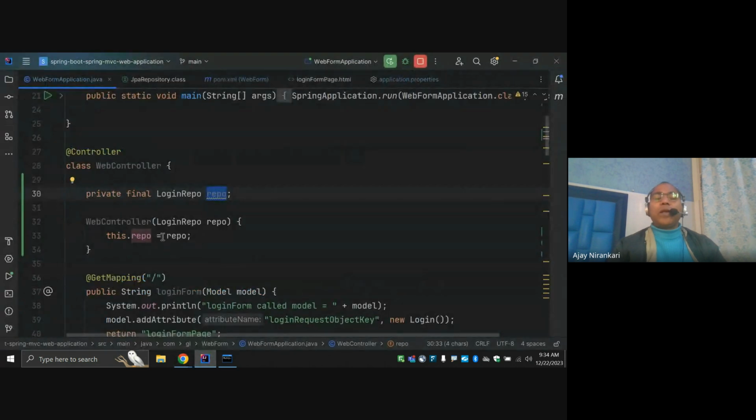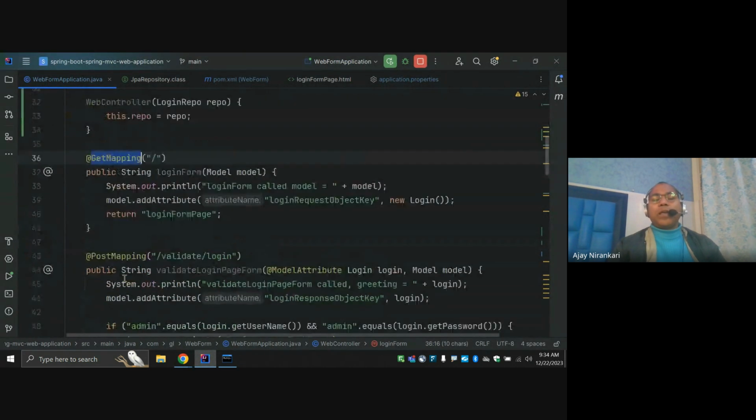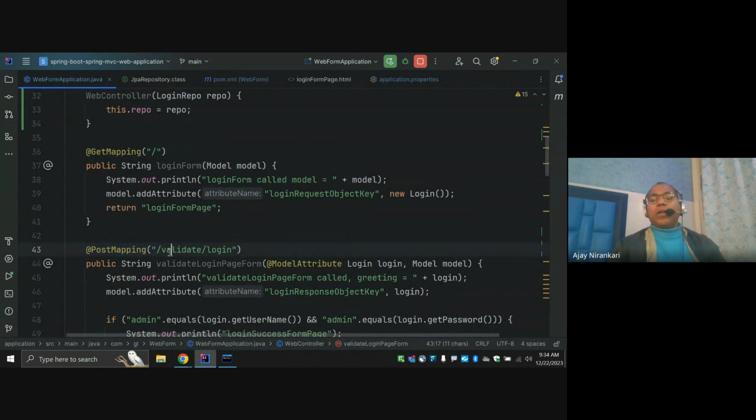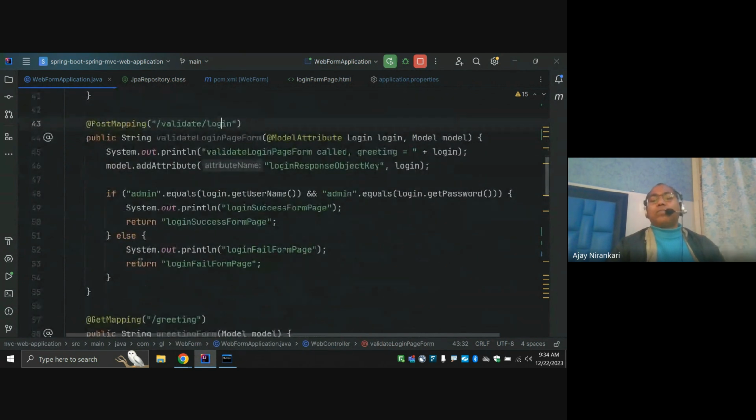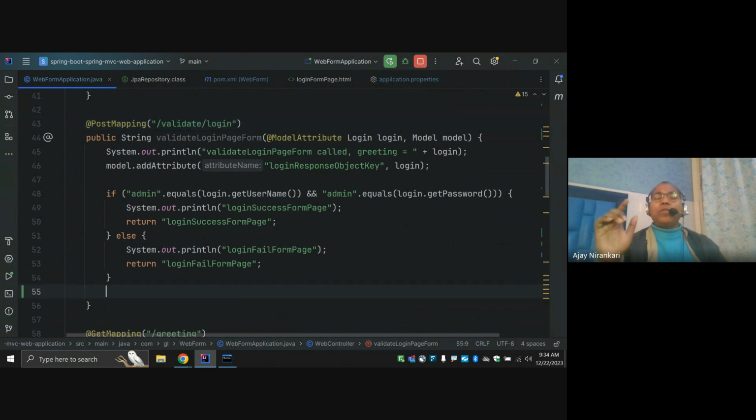So here we have already created my get mapping and this is my post mapping, validate login. So here our control comes. Here we are validating login success or failure. So here success or failure. After that we have to save this login information because this object already has the complete